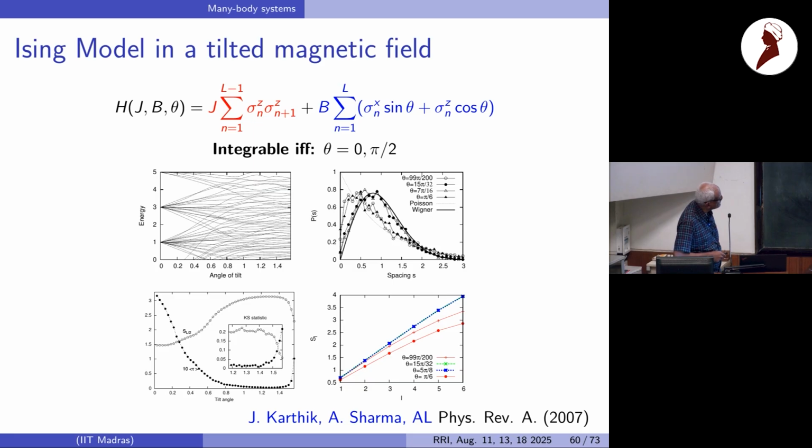At the integrable point, 0, there's a lot of degeneracy. And this is the angle of tilt here. So theta equals 0, you can see it's simply sigma z. So there are a lot of conserved quantities and it's integrable. Here, theta equal to pi by 2 is the famous transverse field Ising model. It can be solved by the Jordan-Wigner transform, that is this point here. It will form Poisson statistics at these points. At intermediate tilt angles, it will form a nearest neighbor spacing distribution that looks very much like a Wigner distribution.